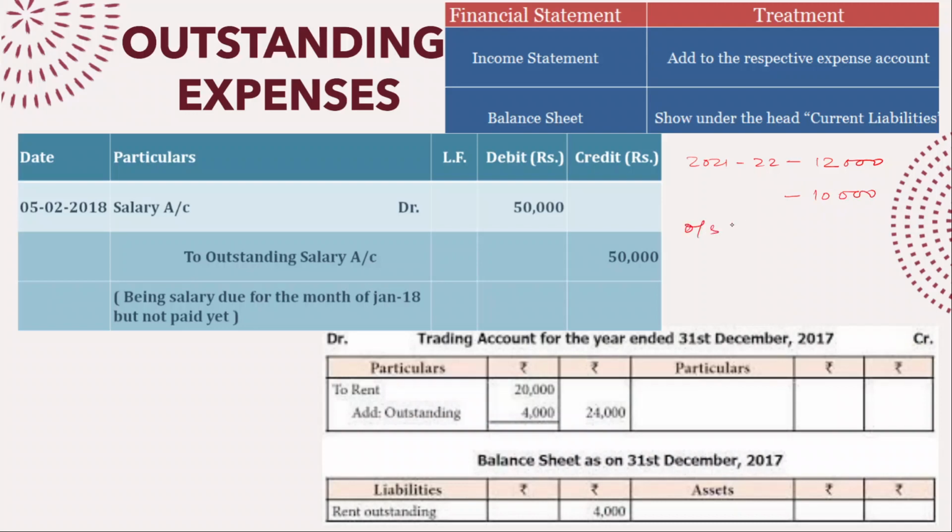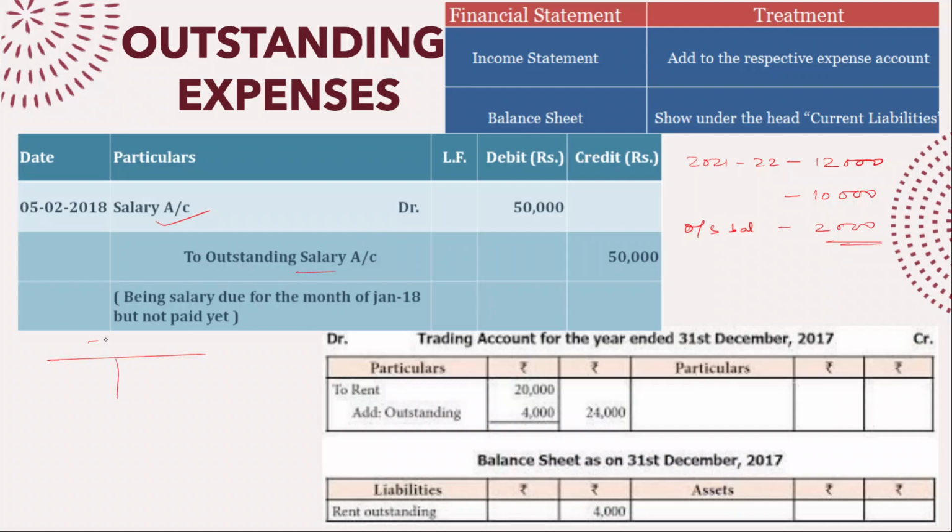So outstanding salary becomes 2,000. So 2,000 is the outstanding salary which I need to pay. So in order to add this outstanding salary to your salary, whatever expenses you are showing in your trading account, we need to pass a journal entry first. Journal entry will be salary account debited to outstanding salary.